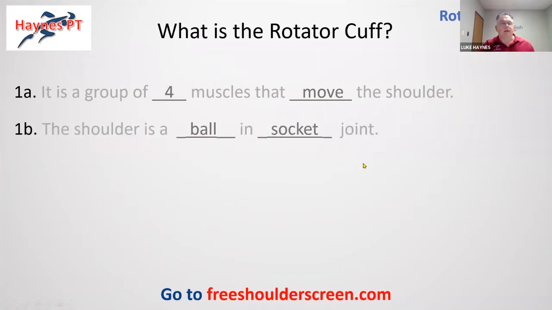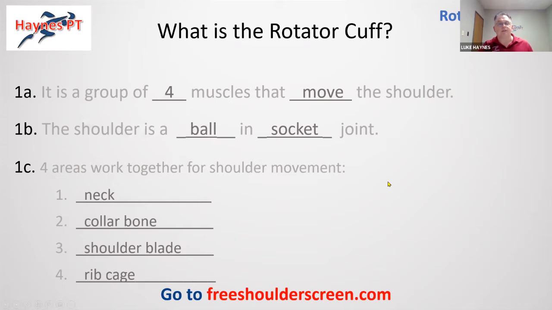The second one, the shoulder is a ball and socket joint. And then lastly, the four areas that work together for shoulder movement are the neck, the collarbone, the shoulder blade, and the rib cage. And if we need to go back and answer these, just send us a message and